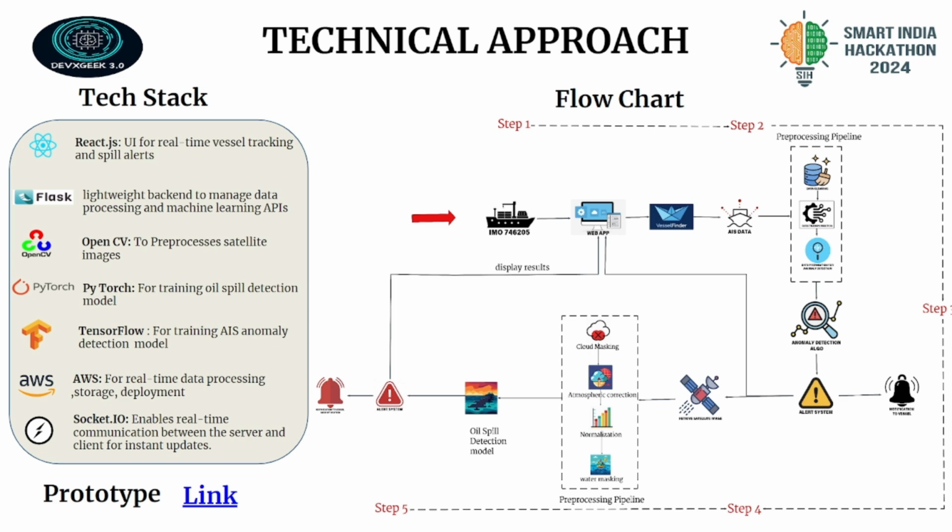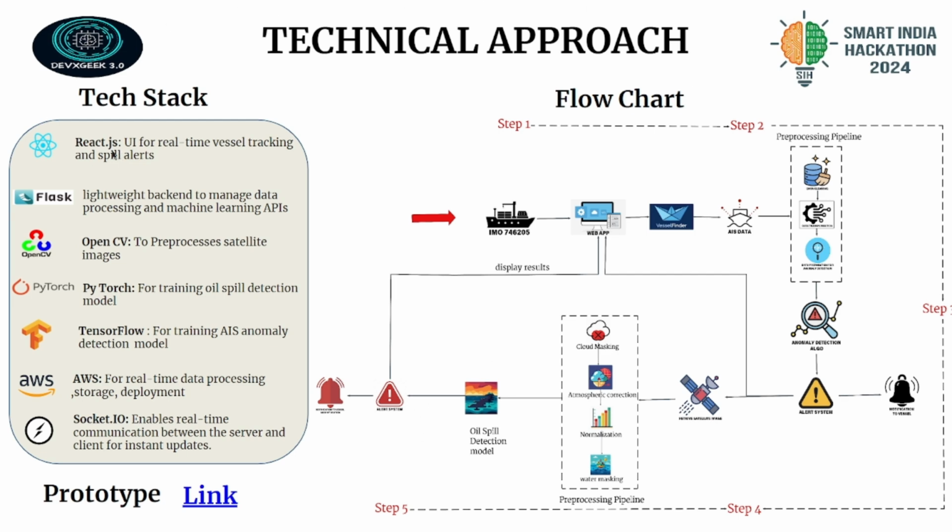Users can access and process satellite imagery from various sources, including Copernicus and other providers. This satellite imagery is processed through a pre-processing pipeline, which includes cloud masking, atmospheric correction, normalization, and water masking. And this is given to an oil spill detection model to detect whether an oil spill has already occurred or not. In case an oil spill has already occurred, the oil spill detection model generates an alert to relevant authorities like NDRF, MoEF, and the nearest port authorities as well. By generating these alerts, they can opt for quick resolutions.